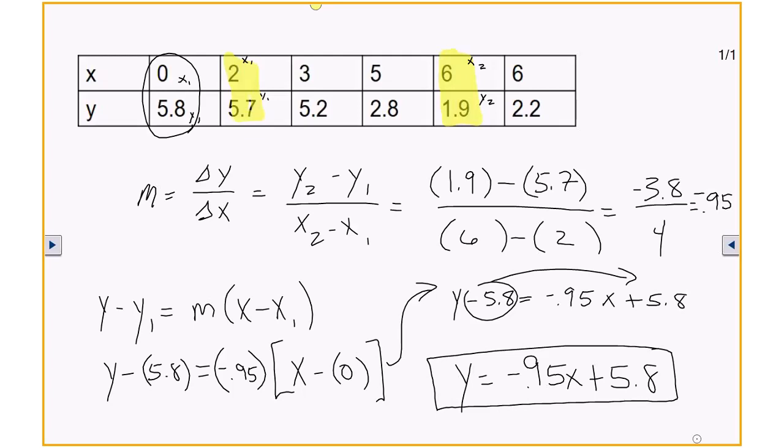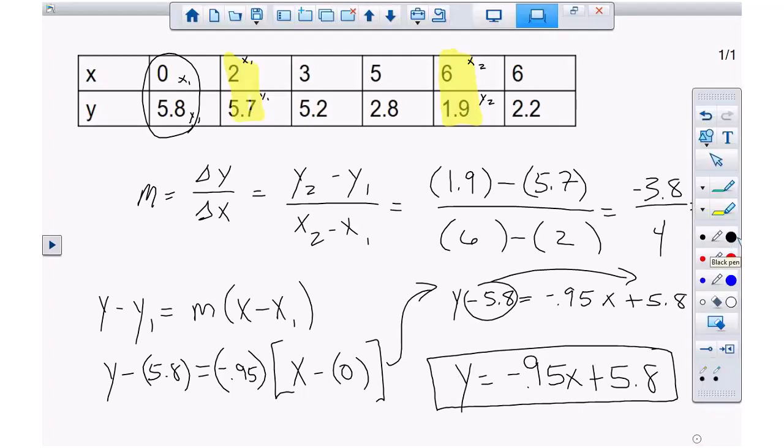Now that is a problem that you should know how to do. It shouldn't be new to you. All of you should say to yourselves, oh, I've done that before. 0.95 and 5.8. So let's look at the answer and see what they got. I'll leave that up there for a couple more seconds. Make sure I didn't do anything wrong. We're fixing to find out if I did. So let's take our handy dandy transparency.